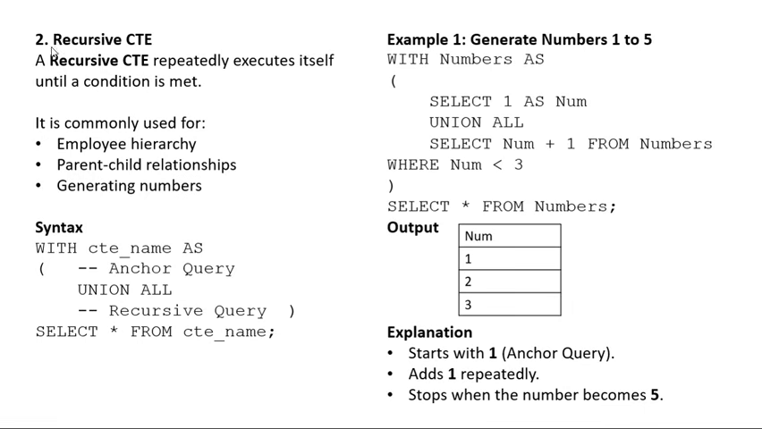And the second type is a recursive CTE. A recursive CTE repeatedly executes itself until the condition is met, and it is commonly used for employee hierarchy, parent-child relationships, and generating numbers. And the syntax is WITH cte_name AS, and inside the parentheses an anchor query, UNION ALL, and the recursive query, and the parenthesis closes. And after that, to print the CTE, use SELECT * FROM cte_name;